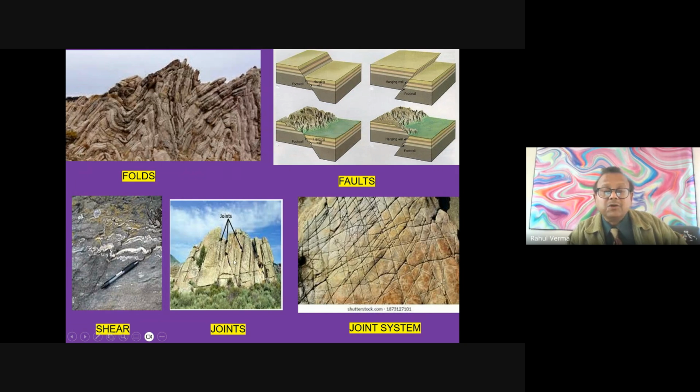Now there is something called joints. When we make furniture, we have joints, but in the furniture industry, we join them by mechanical or manual methods. But in nature, they are not joined. The joints are developed after the rocks are formed, because of tension. Now, when we have different directions of joints, we get these joint systems.